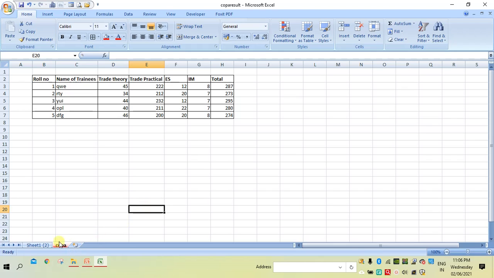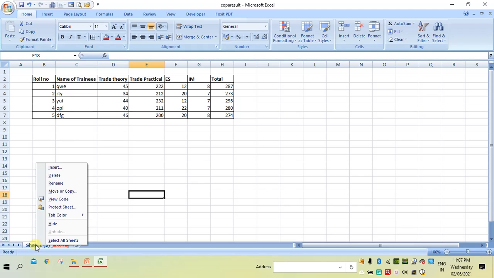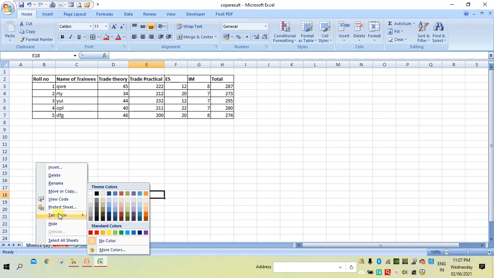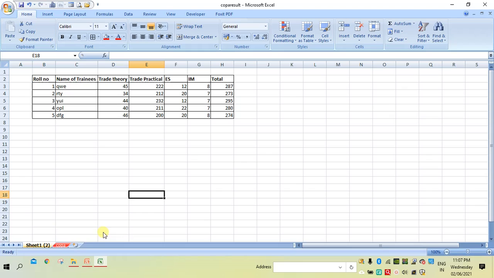So here the red color is given to this sheet tab. If you want to give one more color for this sheet, right click, then select tab color, then select any one. Now I will select yellow. So now you can see yellow color. This way we can give color to a sheet tab.